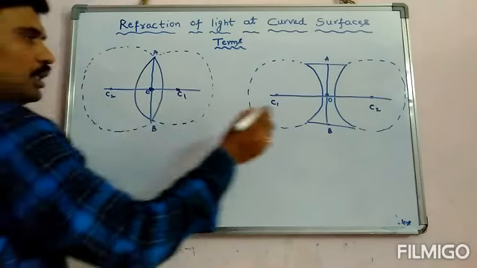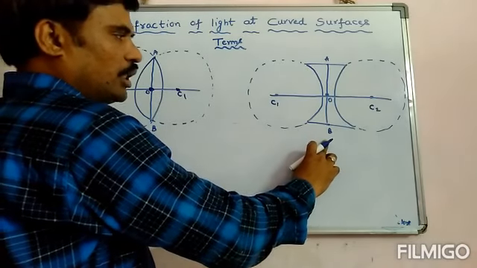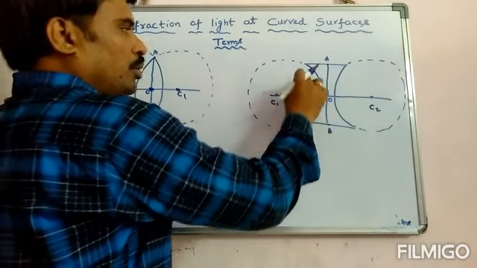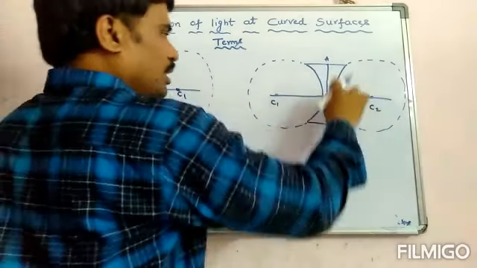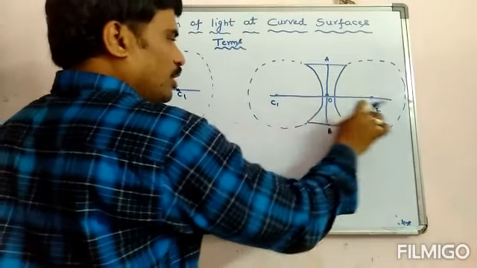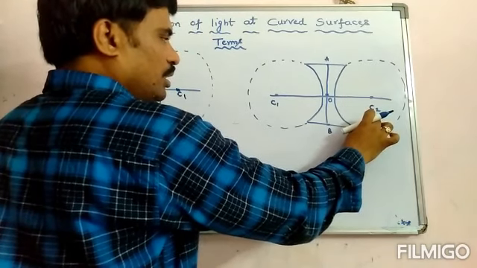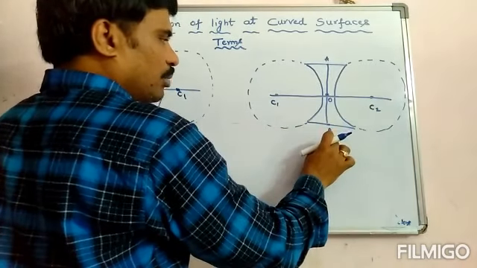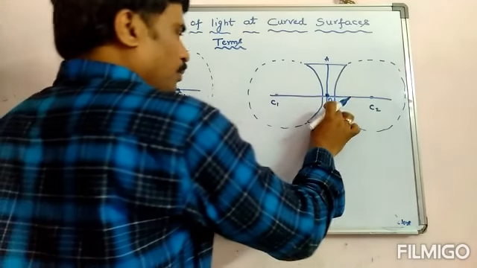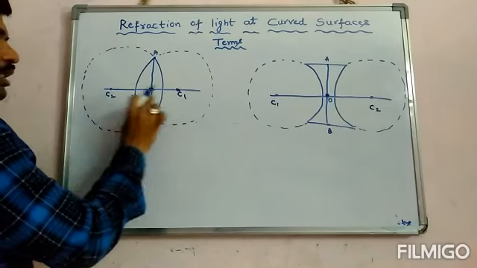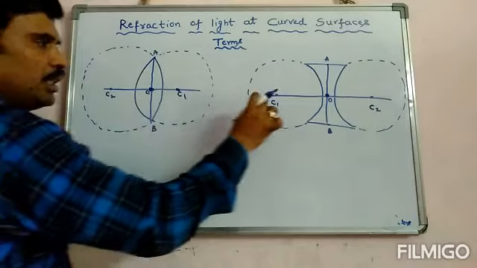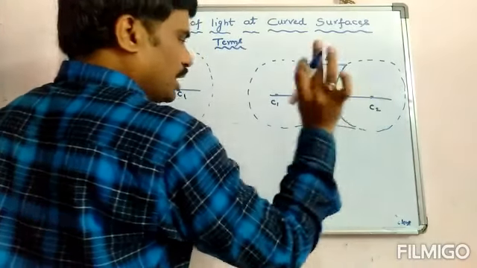Right? Next you can see in case of concave lens also, even the concave lens is having two curved surfaces, nothing but two parts of a sphere. Hence it will also have two centers of curvature, and AB is called the aperture and the midpoint of the aperture is called the optic center. And the line joining the centers of curvature through the optic center is called the principal axis. Here also you can see the principal axis.